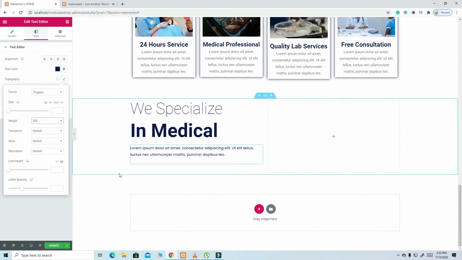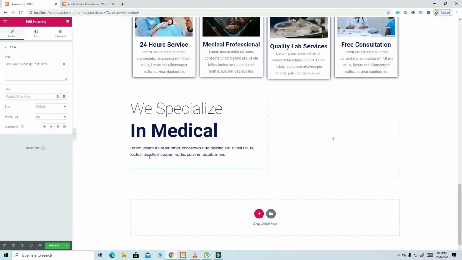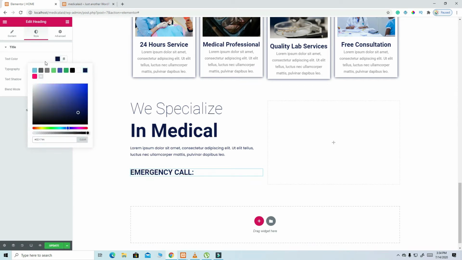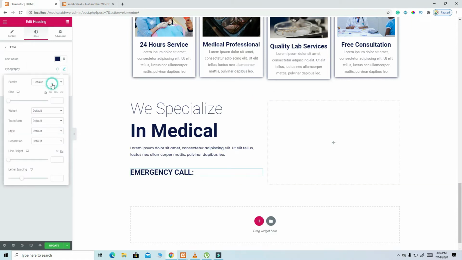That's good. Then once we have done that, we are going again to click on this rubies icon. We bring another heading down here, and then we say emergency call, like so, and then I'll click on this part, style. From the style, I select the color, like so, and then typography, I'm going to make it popping,